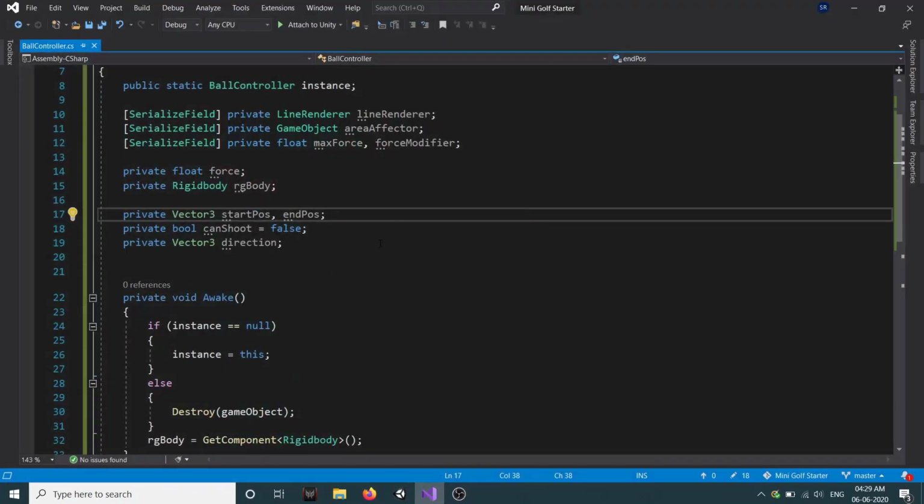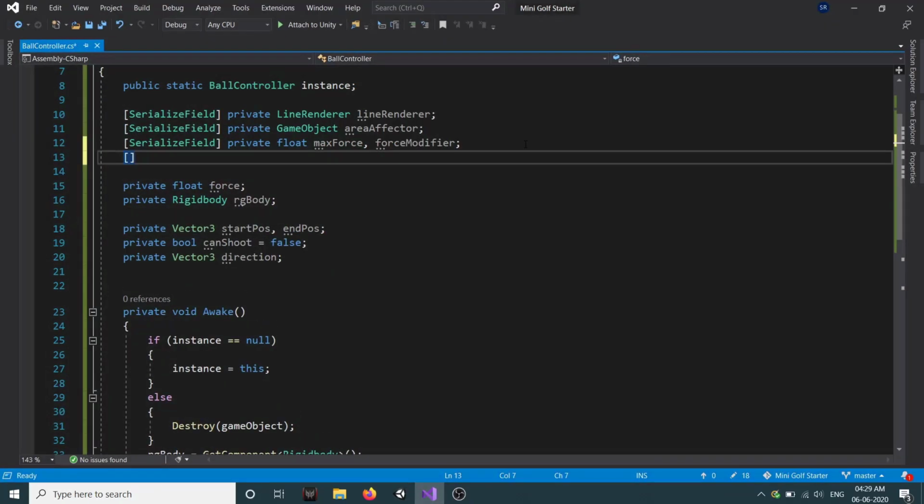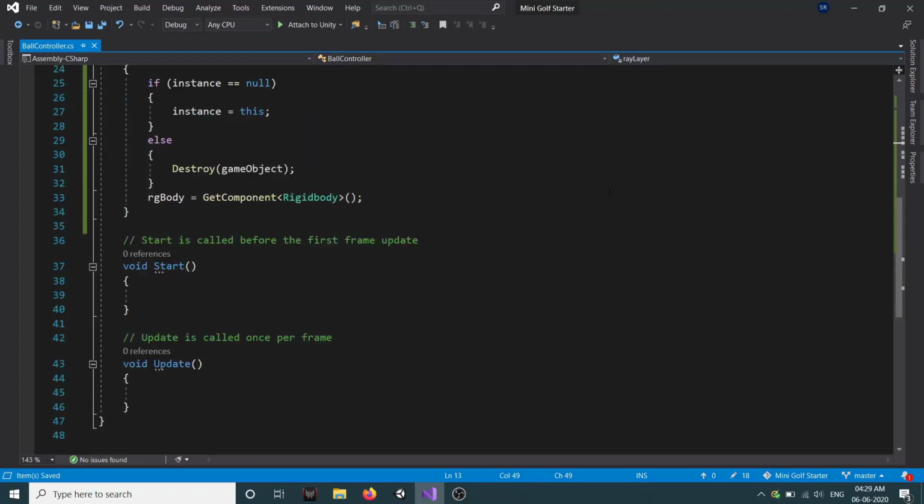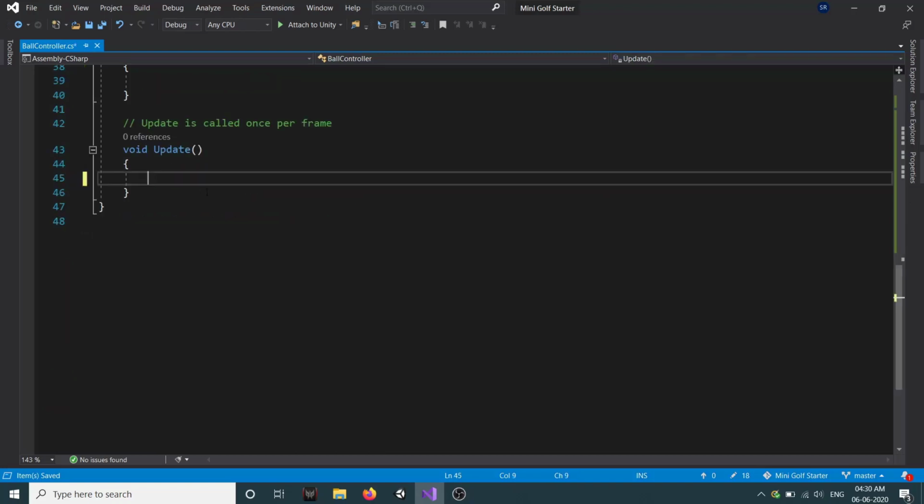So we need a reference to this layer as well. Here we will create a serialized field private LayerMask, and we will call this rayLayer. Now we are going to use our mouse click to detect our start position as well as our end position. In Update we need three basic if conditions. First will be if Input.GetMouseButtonDown(0) and canShoot is false.